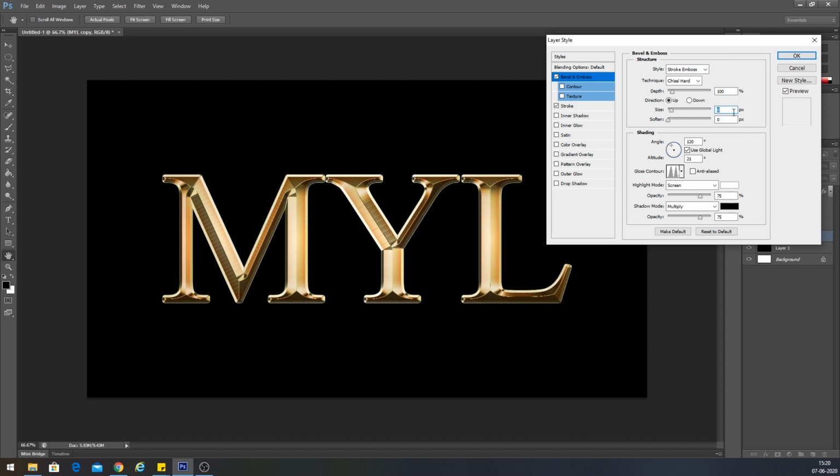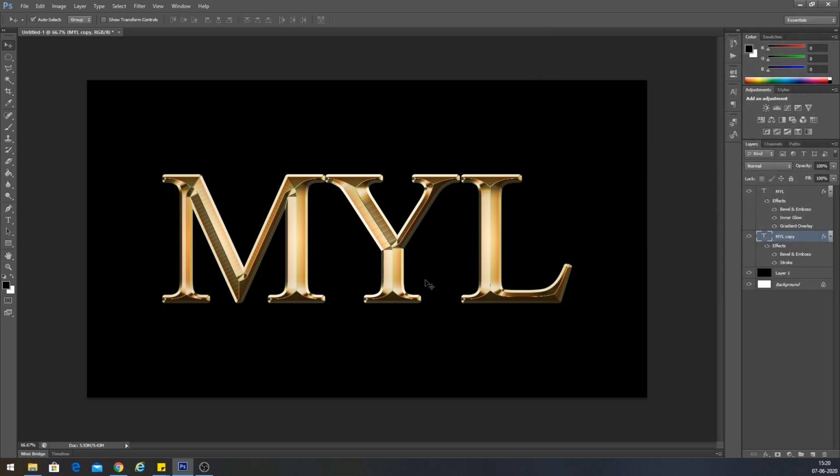So it looks okay. 8 is perfect. Okay, now everything looks cool. Easy way how to create it. I already created this text before, now it's looking much better. Okay, now click on OK. Okay, it looks nice. There's one thing more you can do.